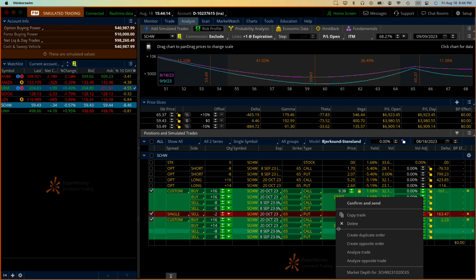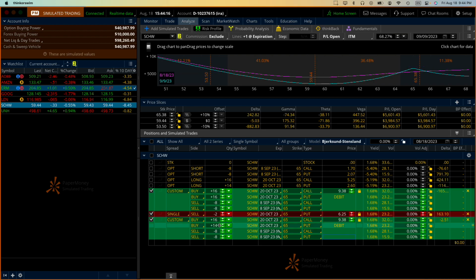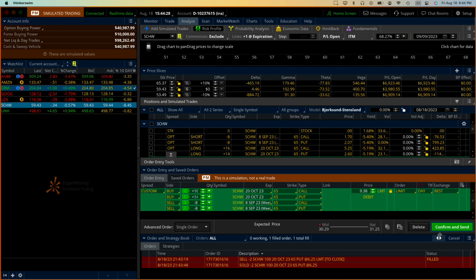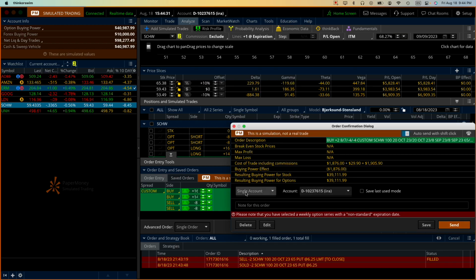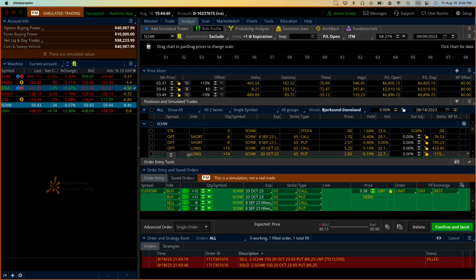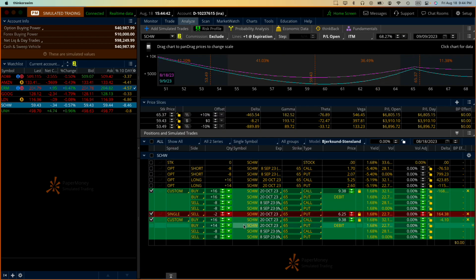When I say, if I say this has a different number, you see here my divisor is 8, here my divisor is not 8. What is it? Well, if you say create duplicate order, as if I was going to order this, which I'm not, I'm just going to show you that if I say multiple, it gives me right here that I have 2, it tells me that I have 2 lots of a new trade instead of 8. Okay, so this number,